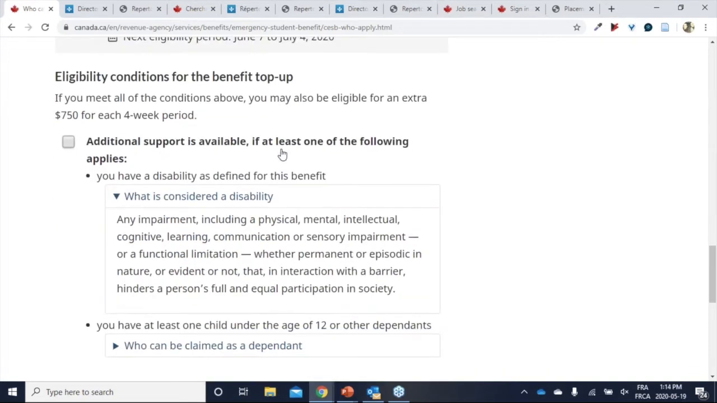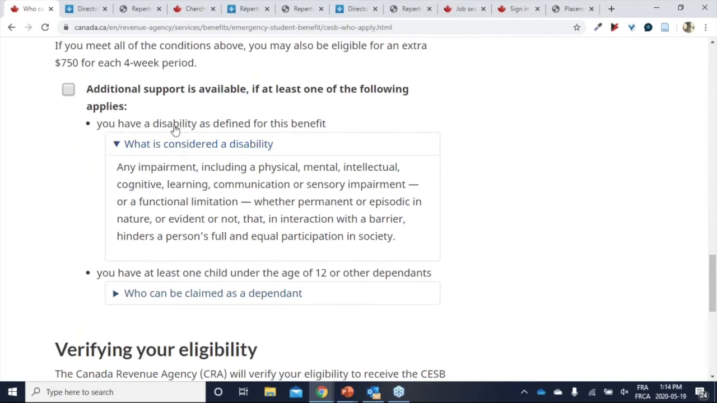You may also be eligible for the benefit top-up. Yeah, this additional support is available if one of the following situations apply. So if you have a disability,